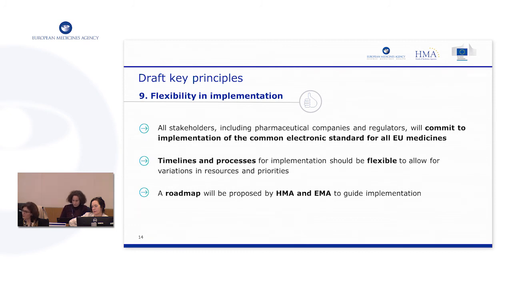or whether the evaluation will continue to be done as it is currently, with Word documents and PDF, and at the end of the authorization, the company will be the one transforming this product information into electronic format, and then this will be published on the website. So this will coexist for a short time until, in the end, we manage to have all authorities having electronic product information, ideally from the point of submission.